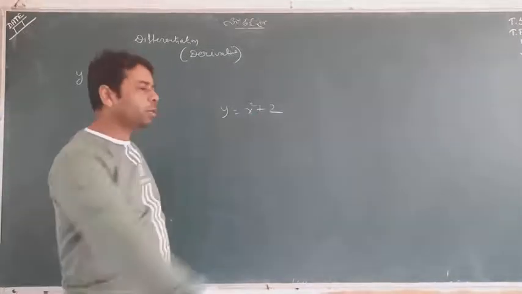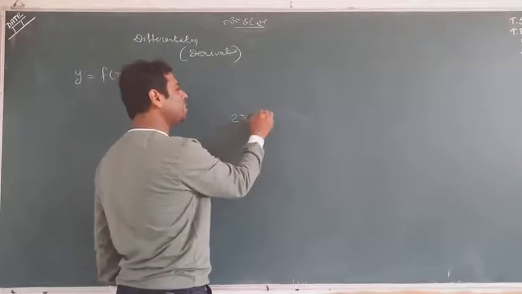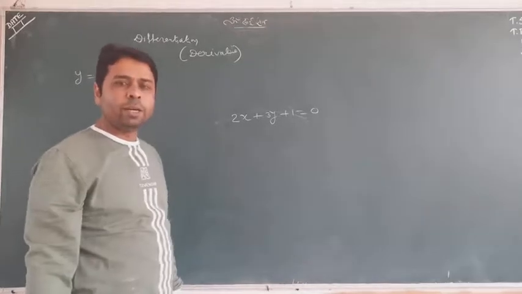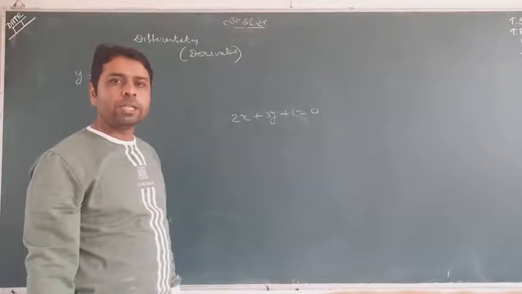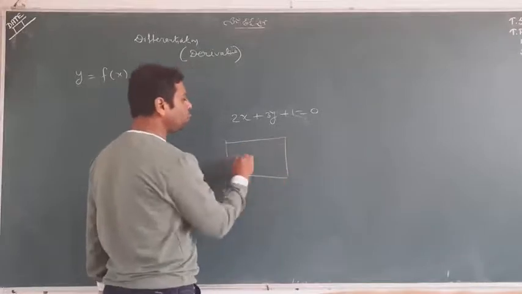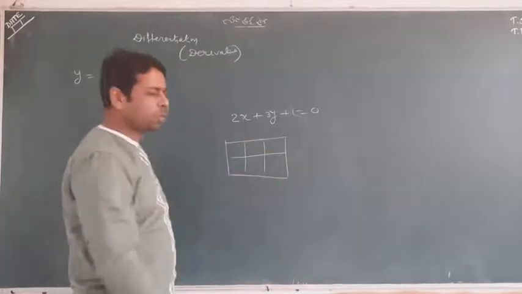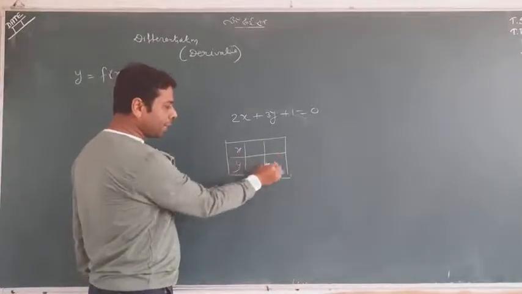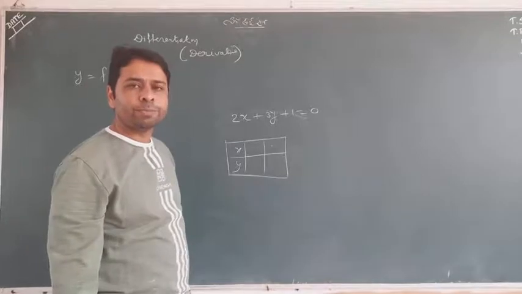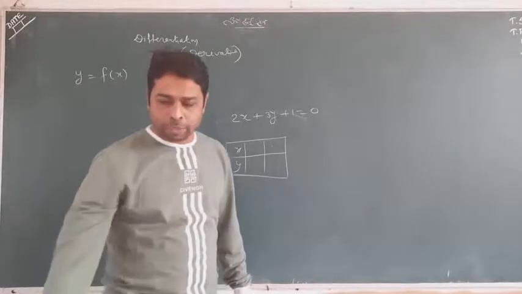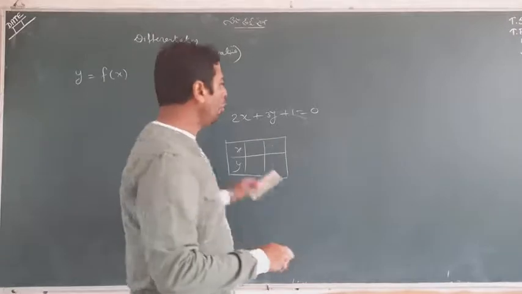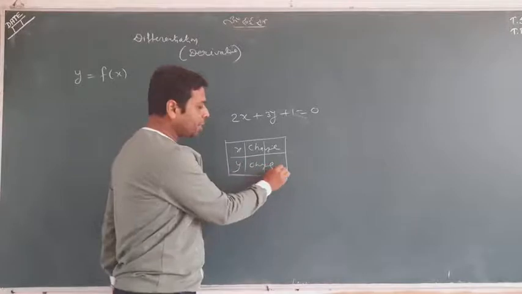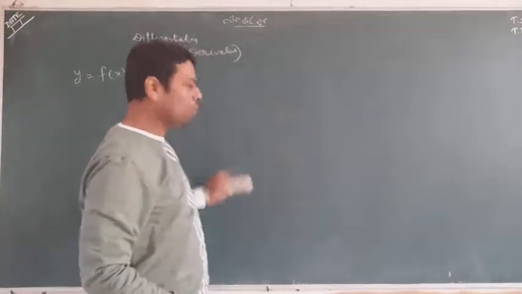You also know this when you had this kind of linear equation and you definitely drew a graph of this linear equation. What you used to do is make a simple table where you choose some values. First you put values of x and then find the corresponding value of y, because x is the independent variable and y is the dependent variable. So as x changes, y will also change.